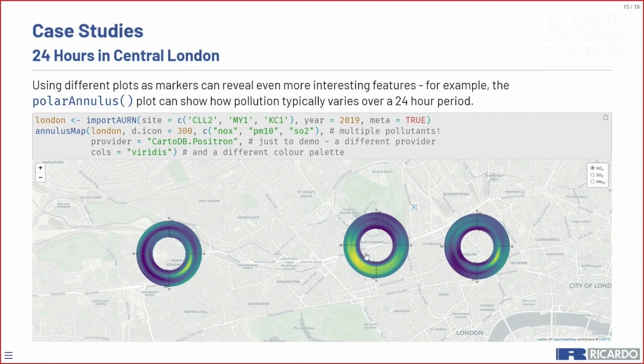Whereas this one here in Marylebone Road is pretty much high all the time. So again, it's nice to compare between sites. But what's also nice is we can compare between pollutants as well in a really interactive way. If I flick over to sulfur dioxide, we can see there's barely a change. That might tell us as air quality practitioners that it's coming from a similar source, right? If it looked drastically different, like say I swap over to particulate matter, that's telling me that's coming from somewhere